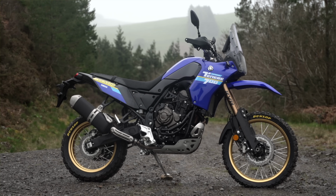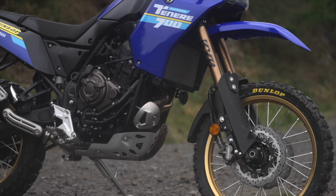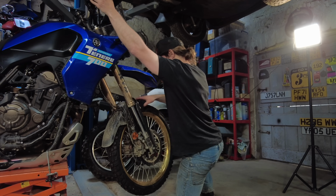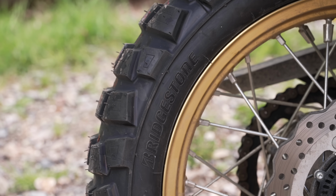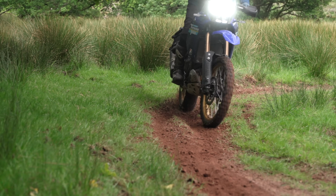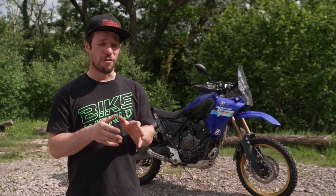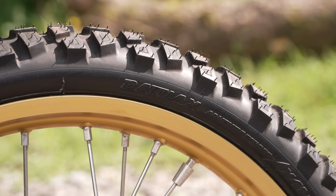The bike came on a set of Dunlop Trail Max Raid tyres from the launch. It's a tyre I'm really familiar with and I do like riding, but what I've changed to now is a set of the Bridgestone AX41. This is one of my favourite adventure tyres for its ability to go really fast on road and give really good grip off road. Now I've not tried this tyre for a particularly long time in the 21-inch front wheel